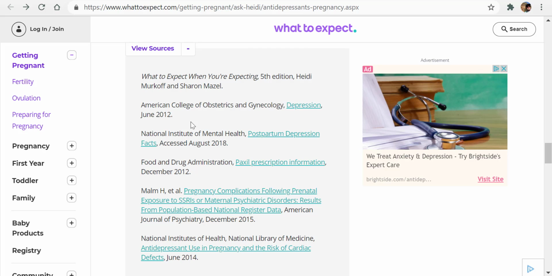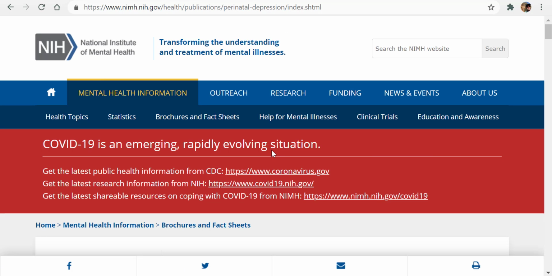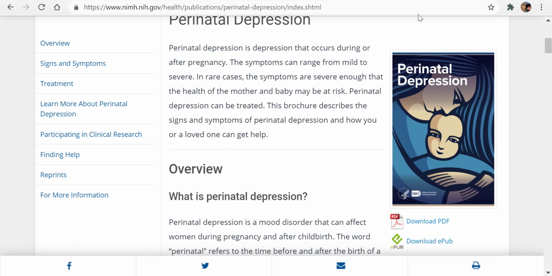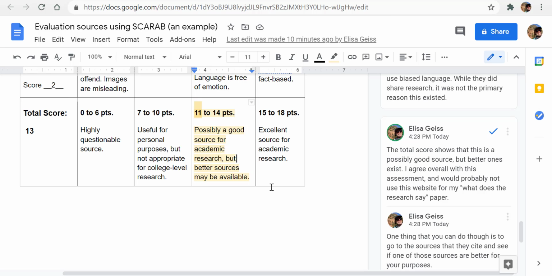Just in case they made a mistake in how they were copying or thinking about this or summarizing the information. I don't want to be advertised to, unfortunately, but I think it might be really useful for me, for example, to look at postpartum depression facts, and this may be a little bit more useful or authoritative.